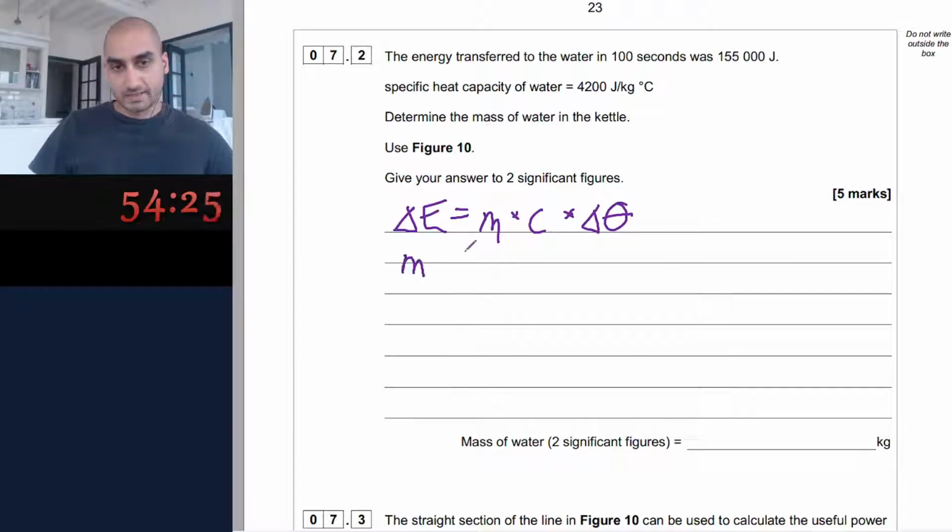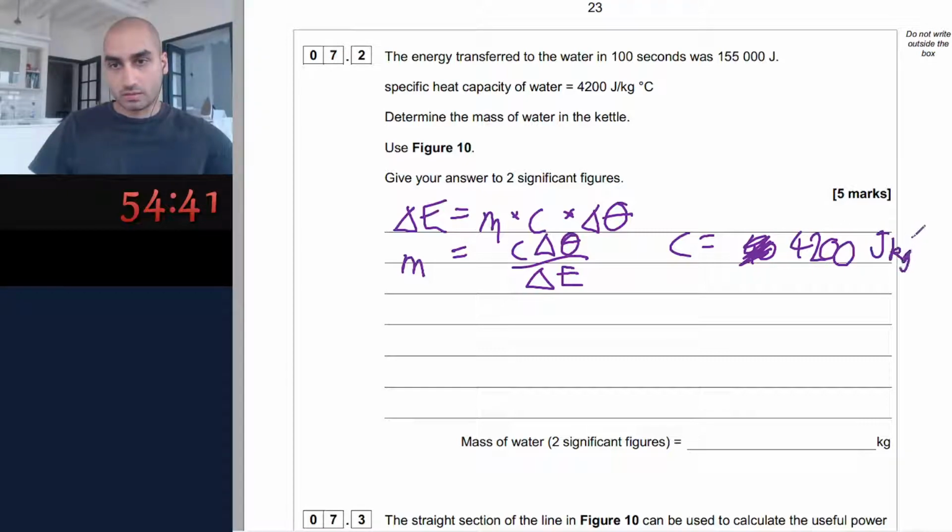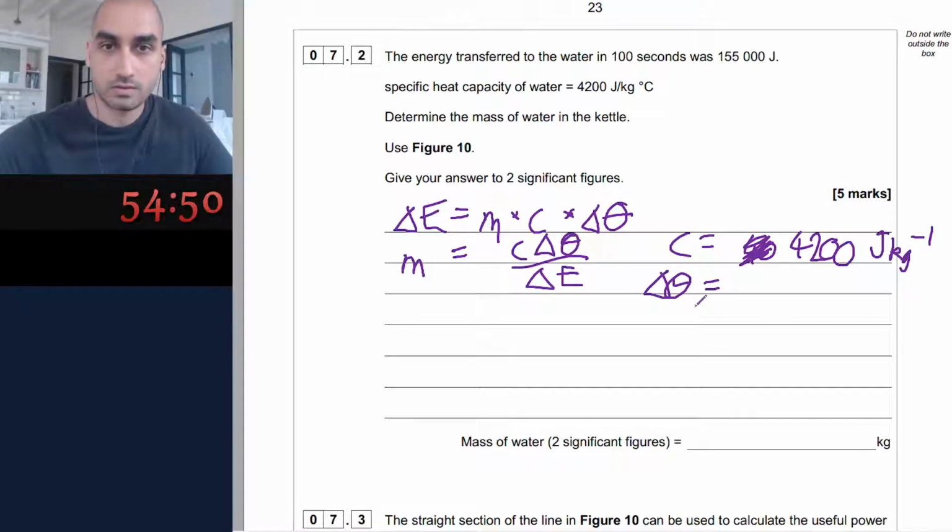So mass equals C delta theta over delta E. So C equals 4200 J kg⁻¹. Delta theta equals,